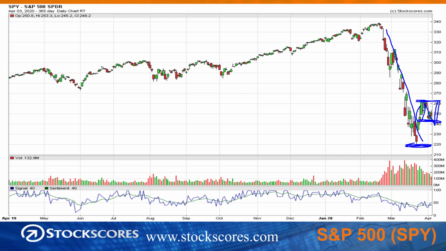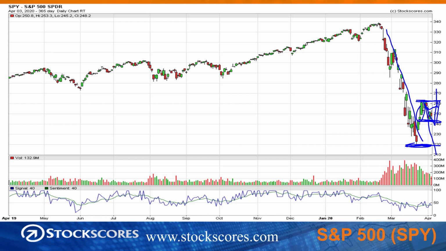I think it's going to take a little bit of time. We've sort of priced in this virus, but the market still doesn't know how long it is going to last. What is the full economic effect of it? We may get another wave of selling and not make that rising bottom, and instead break through that support. That's a very real possibility. If there starts to be some good news coming out on the containment of the virus, maybe it's not spreading so fast with all the social isolation that we're doing, well then we might get some stability here and ultimately